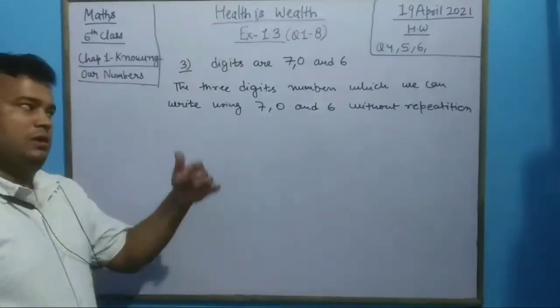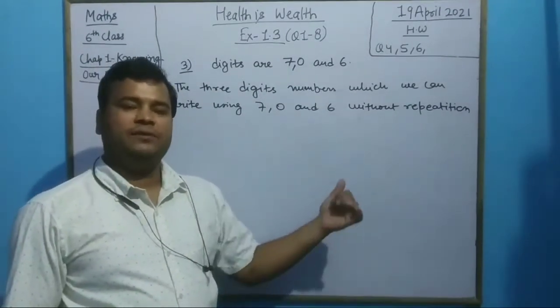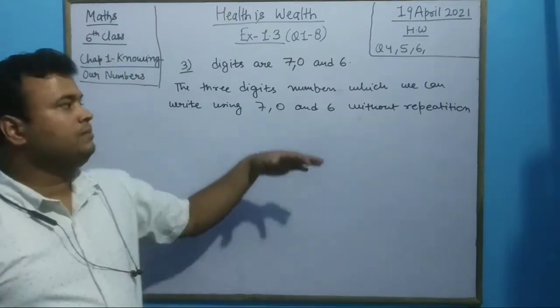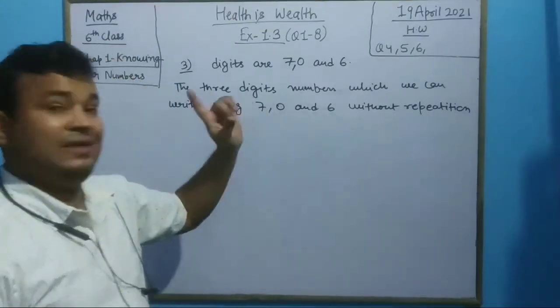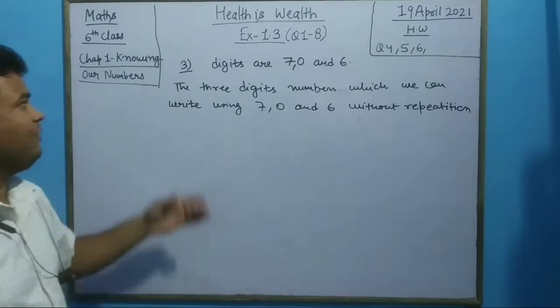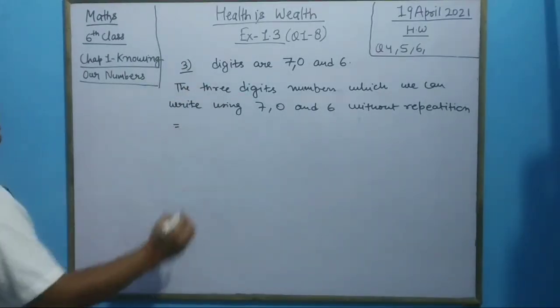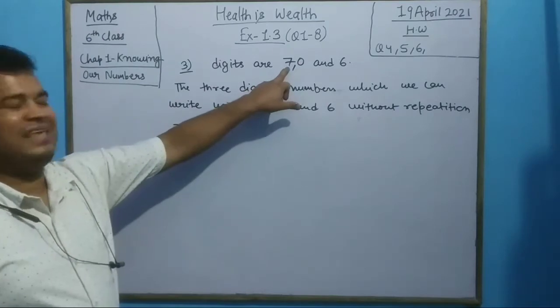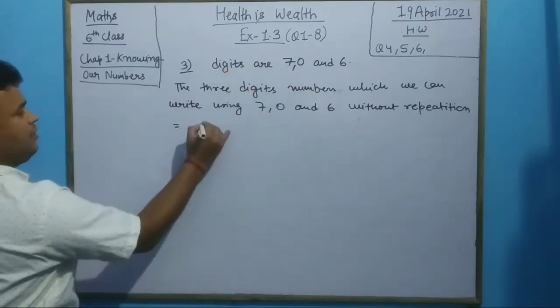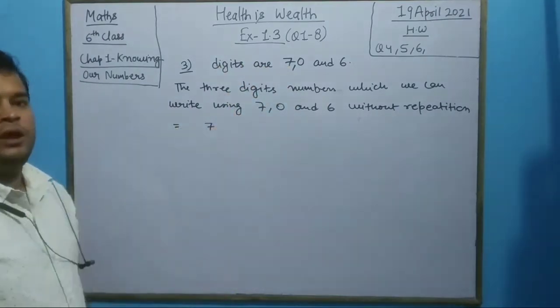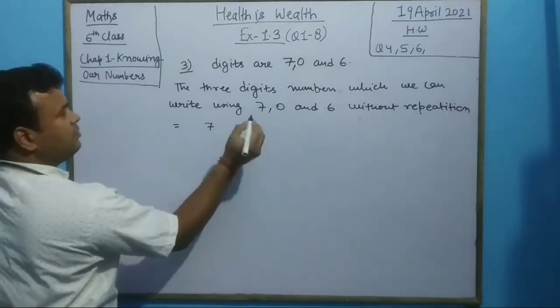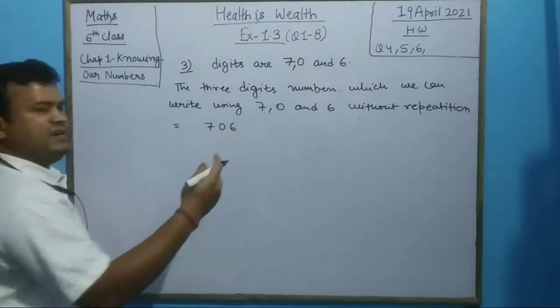But this is the same question that we have done, a similar question that we did in second, but there is one major difference. I have chosen this question for classwork. So let us see. Now place 7 at 100 place. I have taken 7 at 100 place. Now take the rest of the digits at the other places: 706.